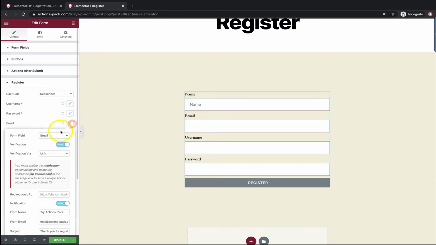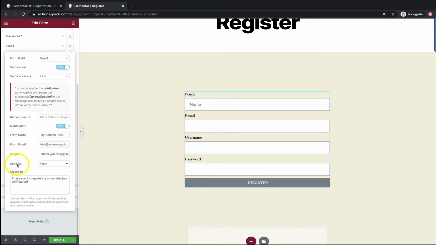On the email field, this is where we have quite a few settings to help us guide the user through the setup process. We're going to basically map the email to the email field, because this is data that's going to be stored in the back end. We can turn email verification on and send either a link or a one-time password. These are both powerful features. Link will be a link in an email sent to the subscriber, which they will then click on to verify their email address.